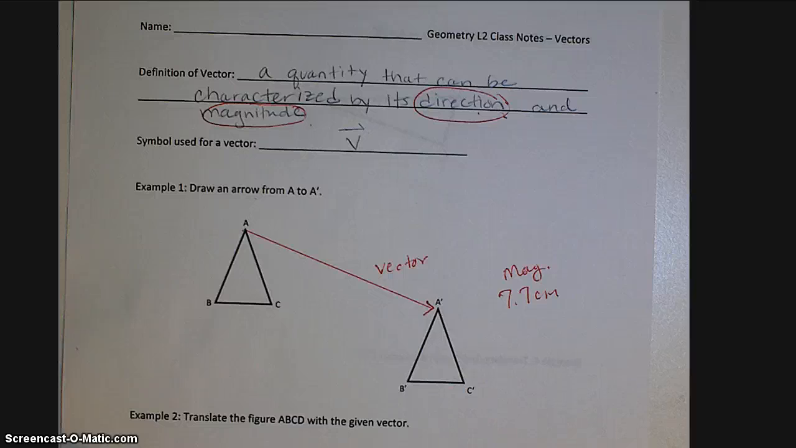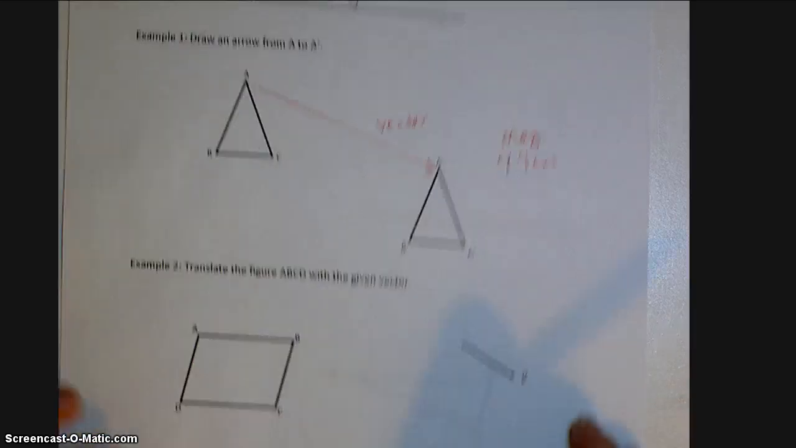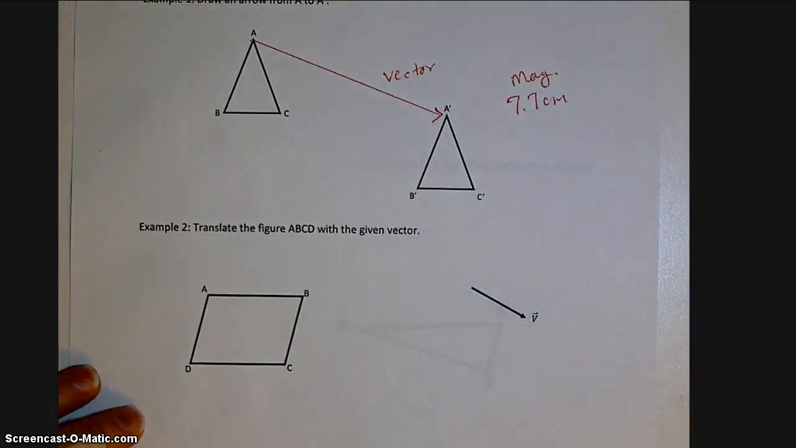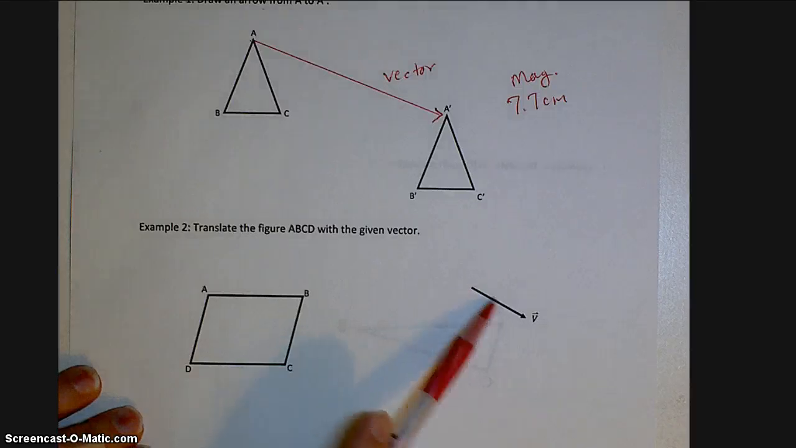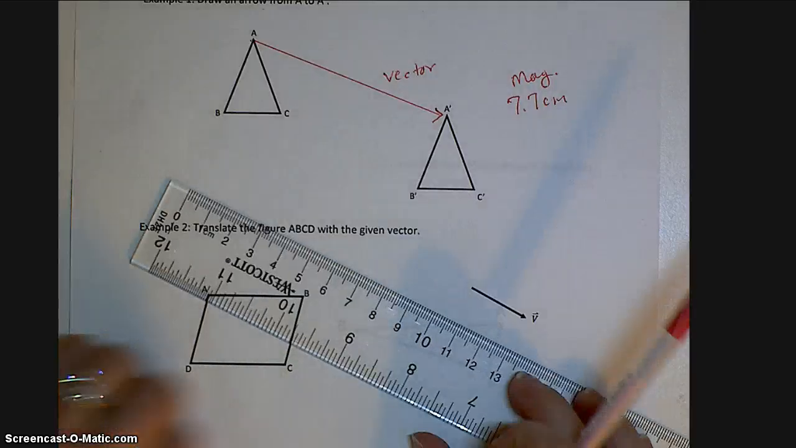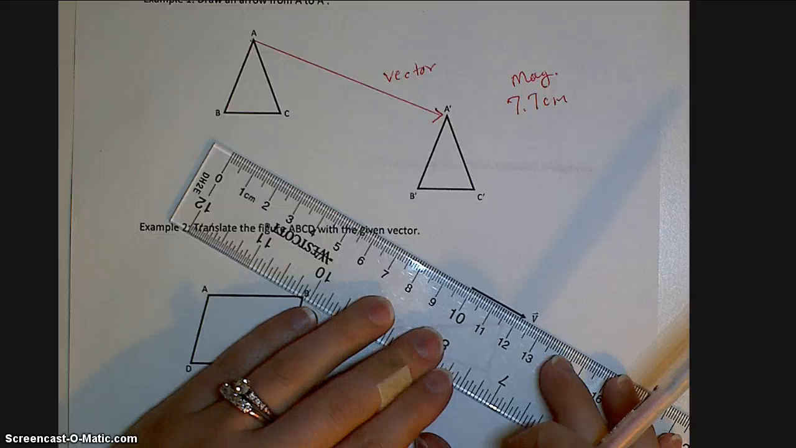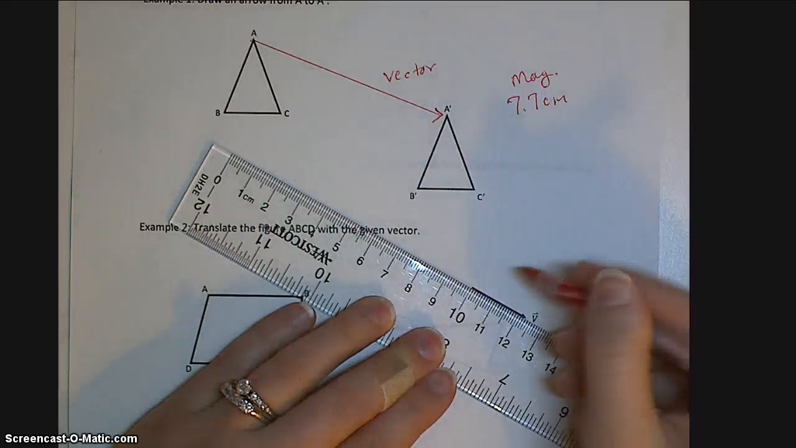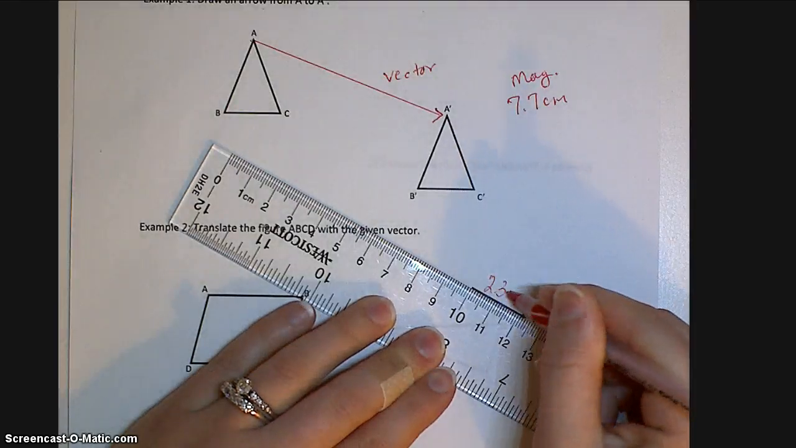Okay? So let's say I didn't give you the final image and I just wanted you to figure it out based on a given vector. That would be like example number 2. Okay? So again, this vector shows us the direction we want to move our shape, and we need to just measure it to figure out how far to move it. So this vector is 2.3 centimeters,